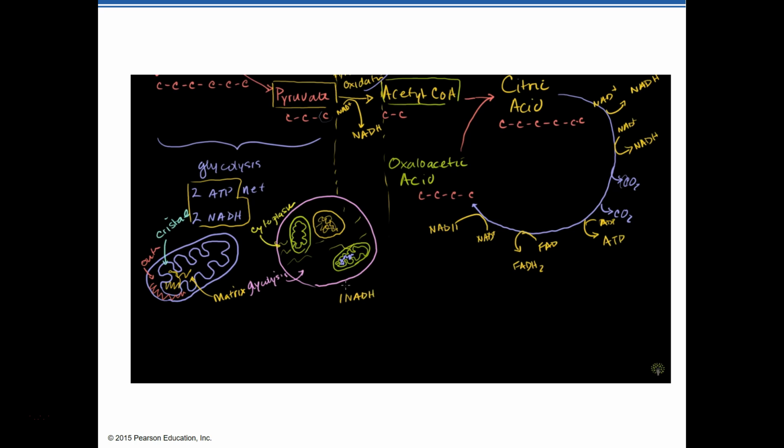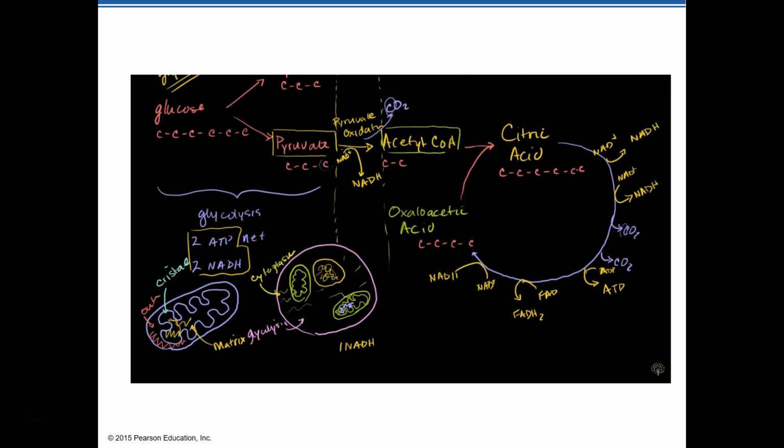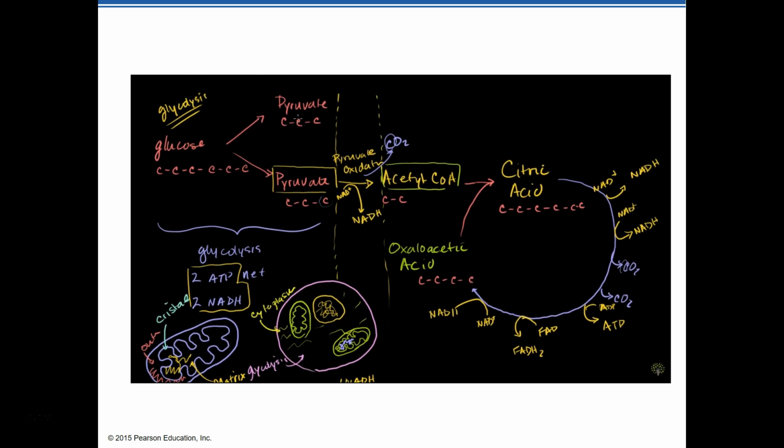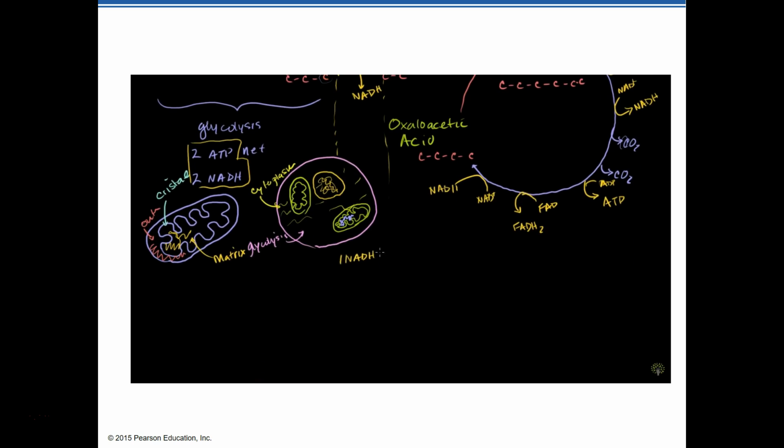But remember, if we want to say what we are producing for every glucose, this is what we produced for each of the pyruvates, right? This was from 1 NADH from just this pyruvate. But glycolysis produced 2 pyruvates. So everything after this, we're going to multiply by 2 for every molecule of glucose. So the pyruvate oxidation times 2 means that we got 2 NADHs,